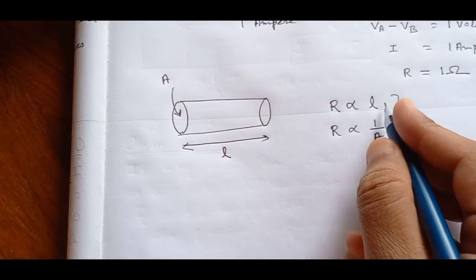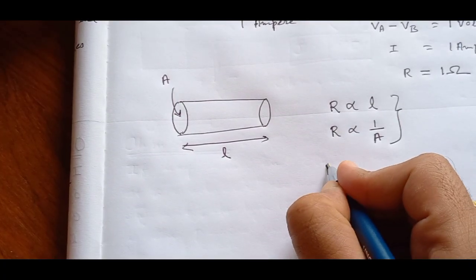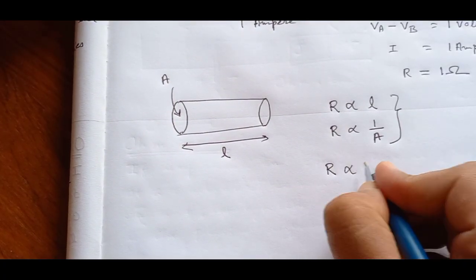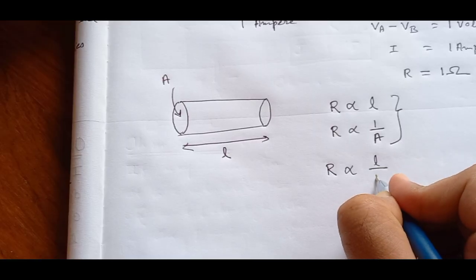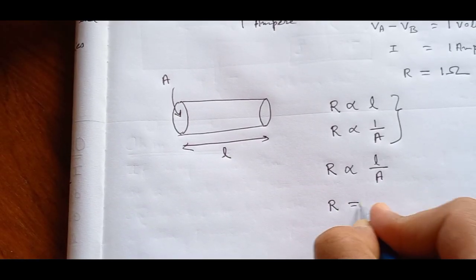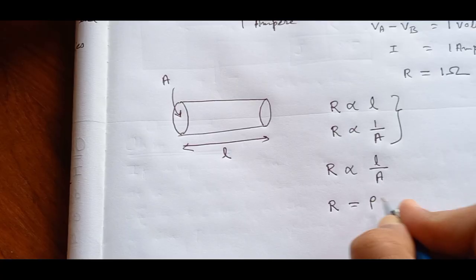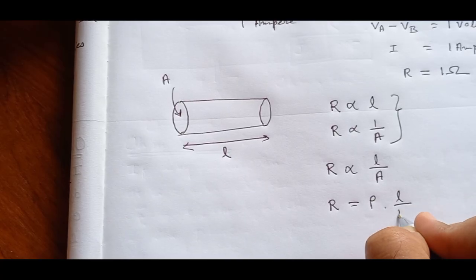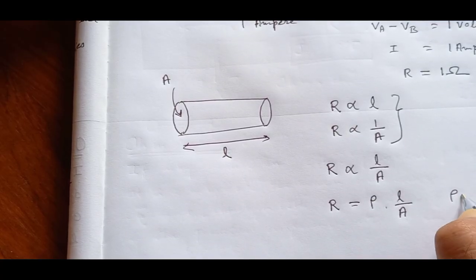Therefore, from these two relations we can write R is proportional to L by A. Therefore, R is equal to a constant term rho into L by A,